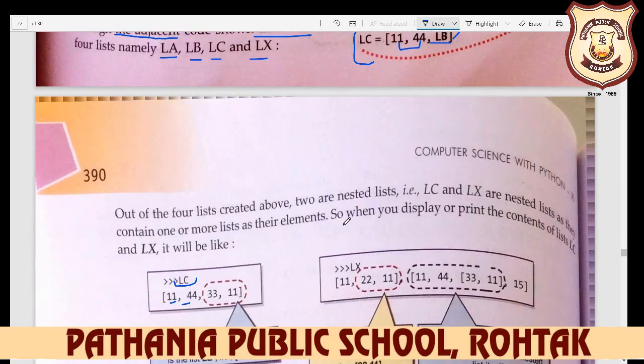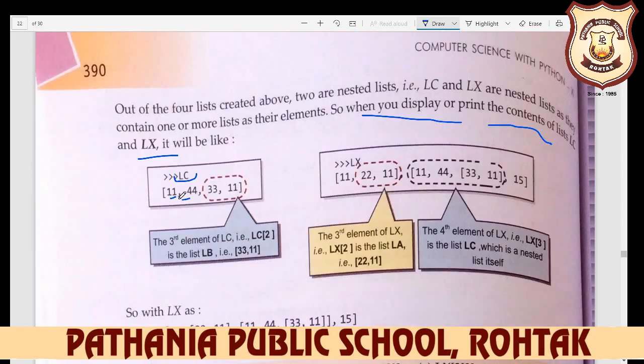So when you display or print the content of the lists LC and LX, it will be like LC 11 comma 44, and it takes only one argument. 11 comma 22 comma 11, so 22 and 11 is a single argument. Here you see 11 comma, so the third element of LX is 11 comma 44 comma 13, so it concludes that in both, the four are single arguments.